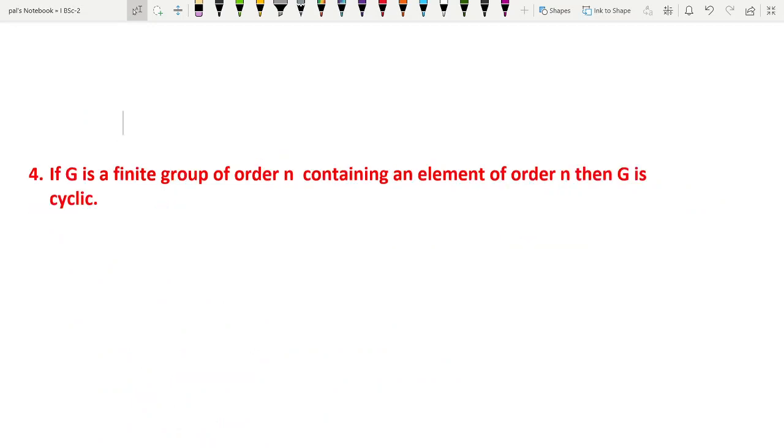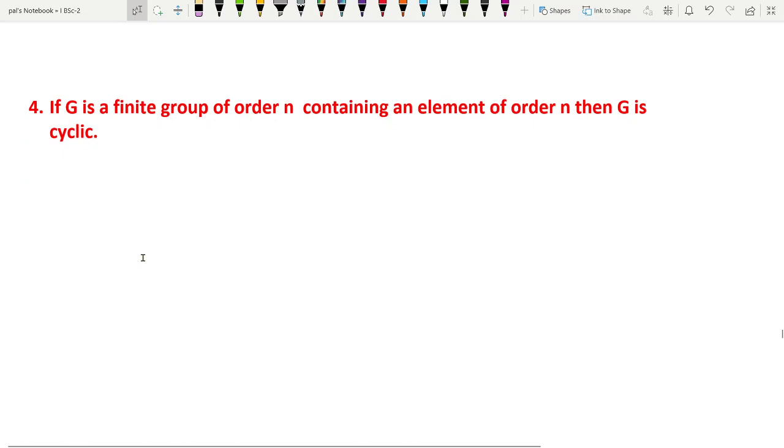See one more property here. If G is a finite group of order n, so G is a finite group, that means it consists of a finite number of elements, and the order of G is n, containing an element of order n. So G consists of an element whose order is also n. Then definitely G is cyclic. You have to show that G is a cyclic group. To prove that, as it is a very simple property,